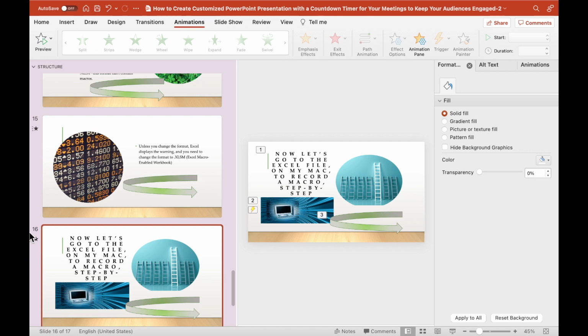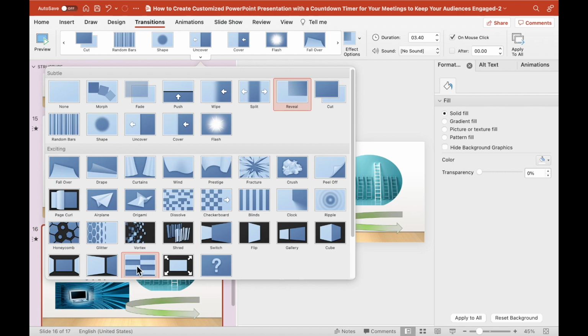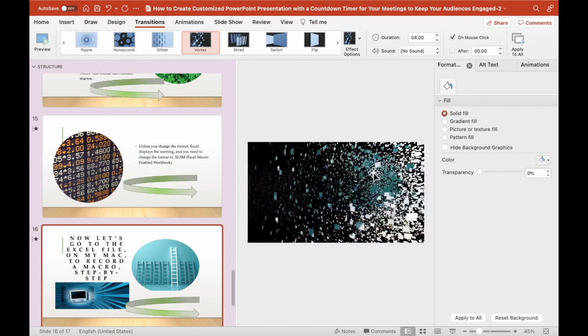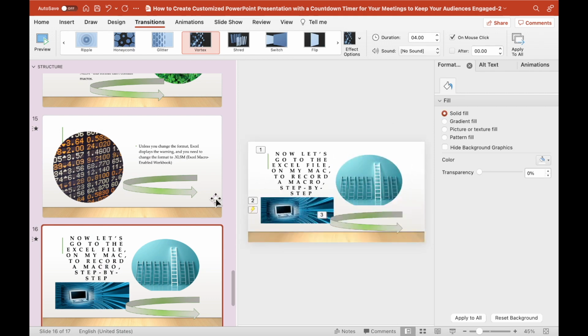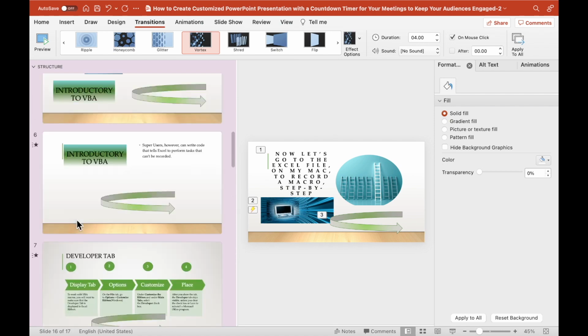And one last thing that I like to do is to make sure that the transition that I had picked for this one here is actually the right one, or the one that I really wanted, and it's not. So for that, I actually would like to have Vortex, which is to create that kind of a last impression. So now it is much better, and we'll go back to slide number 1 just to make sure that